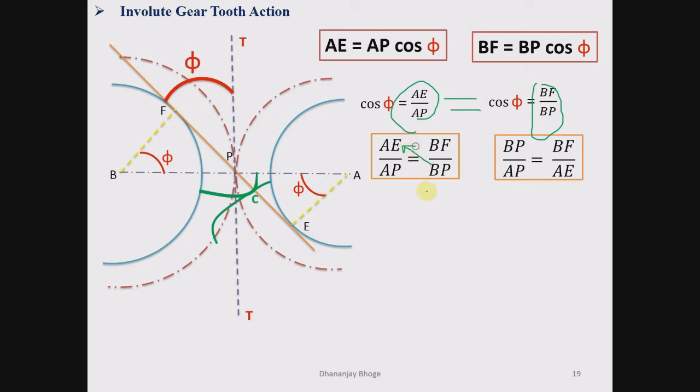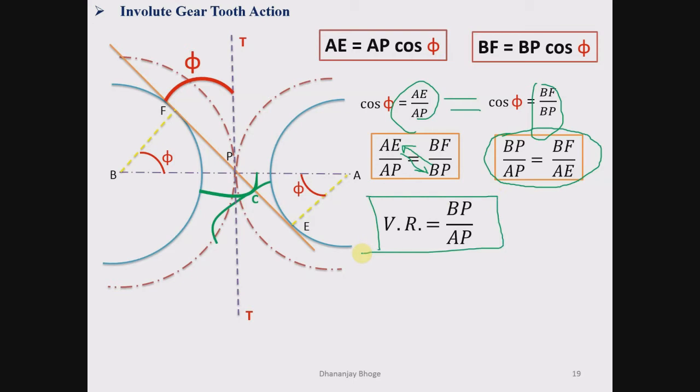BP went here, and AE came here. So what we get? BP upon AP is equal to BF upon AE. Now we know that velocity ratio is equal to BP upon AP, because we have seen that the pitch point divides the center line